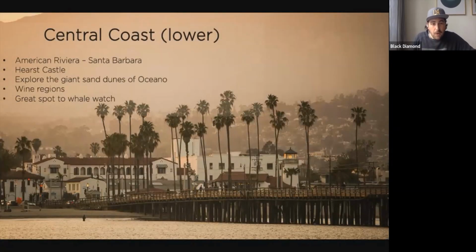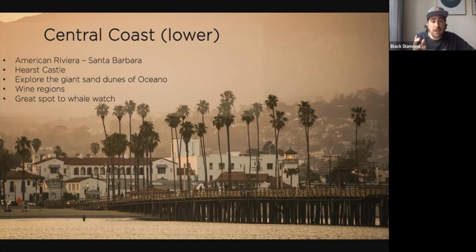When we get down into the lower part of the central coast, we're going to move into towns like Santa Barbara, San Luis Obispo, and the landscape changes again. When you come down here, we come into real wine country. It's really famous for its Pinot Noir wines, and it's because of the cool climate that they get in this region. It gets nice and cool off the ocean, very similar to Sonoma. They tend to be famous for their Chardonnays and their Pinot Noirs, the lighter wines, because of that coastal climate.